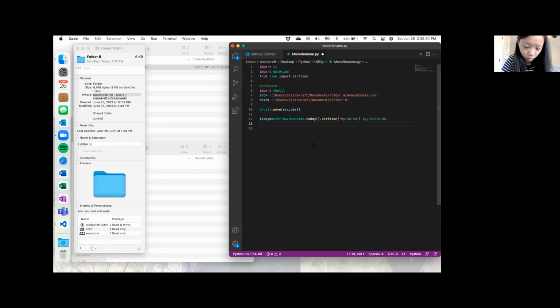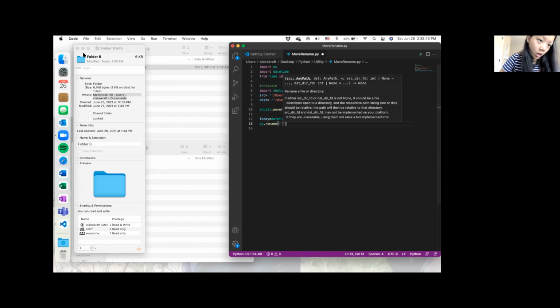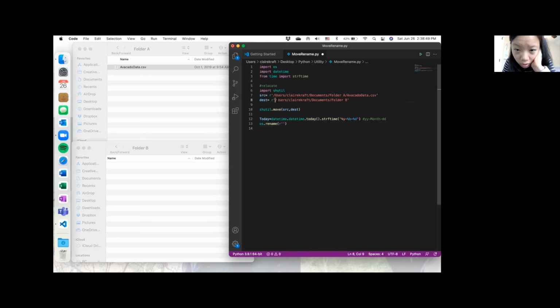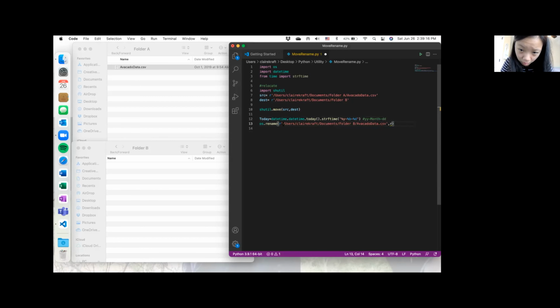And then from here, we will say os.rename. So by now the file will have already moved over. So I'm going to copy this path along with the original name because it has not been renamed yet. Comma, R, the same path